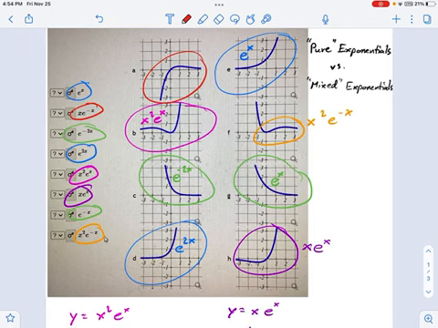Kind of interesting why these curves look a little more different in this case. And you can run through a few points and see if that makes sense when you plug in numbers. But essentially what we're trying to say is that we've got a certain type of behavior. I'm just going to use e to the x as an example. You've got a certain type of behavior when x is positive and a different type of behavior when x is negative. And when you're multiplying two functions together, that becomes more apparent.